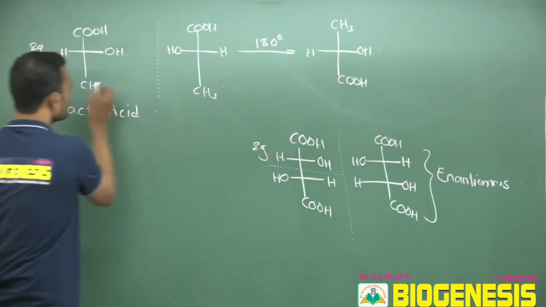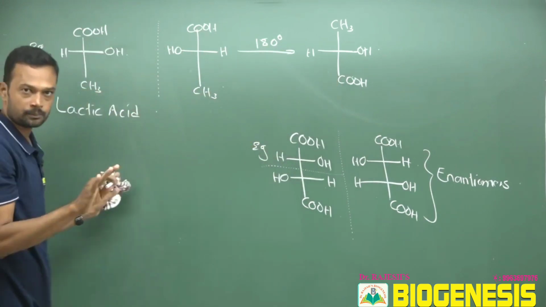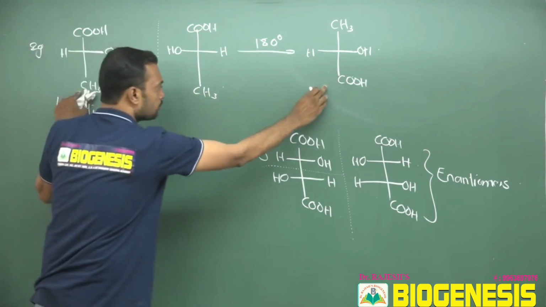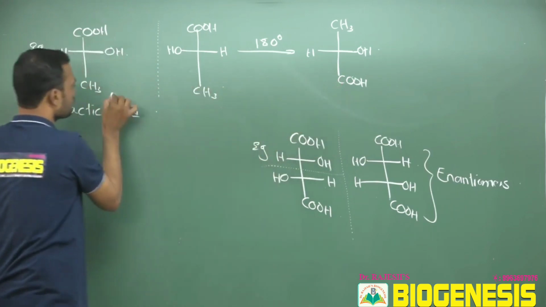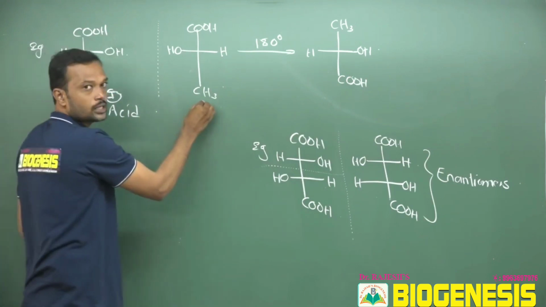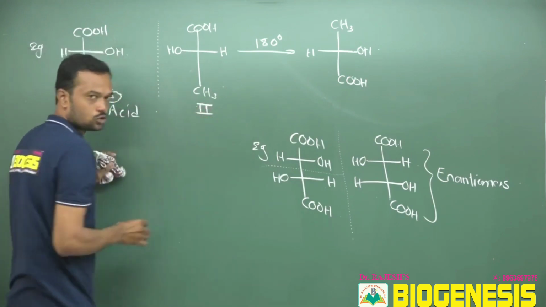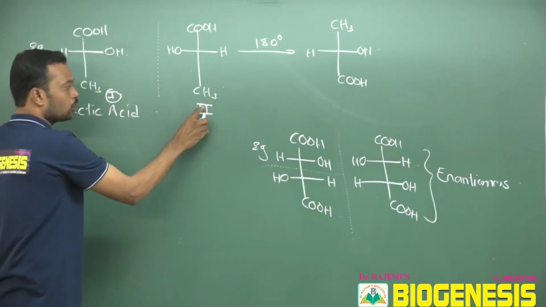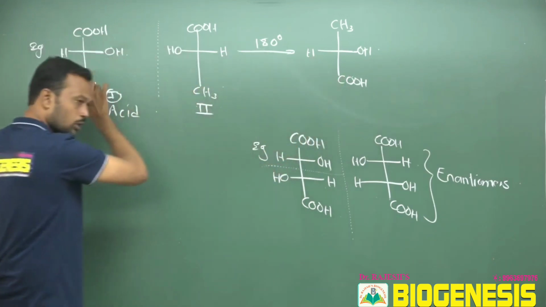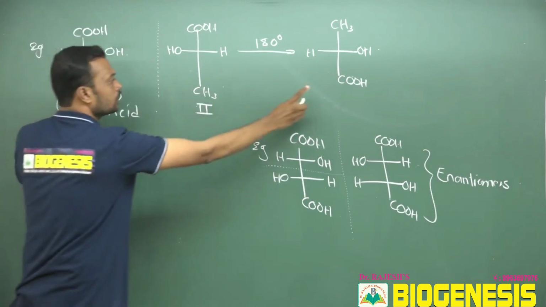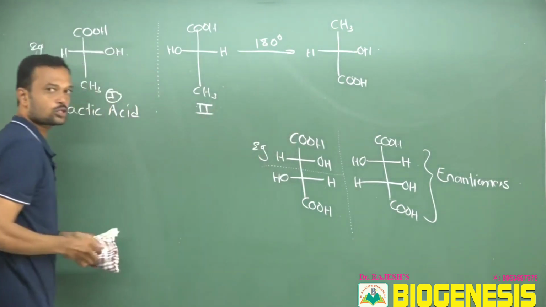Now, these molecules are not the same. If they are not the same, then only these two are enantiomers. If these two are the same, this is the first molecule and this is the second molecule, then the second molecule is nothing but an enantiomer. Now, if you rotate the second molecule 180 degrees and it gives the first molecule, then definitely these two are molecules showing a